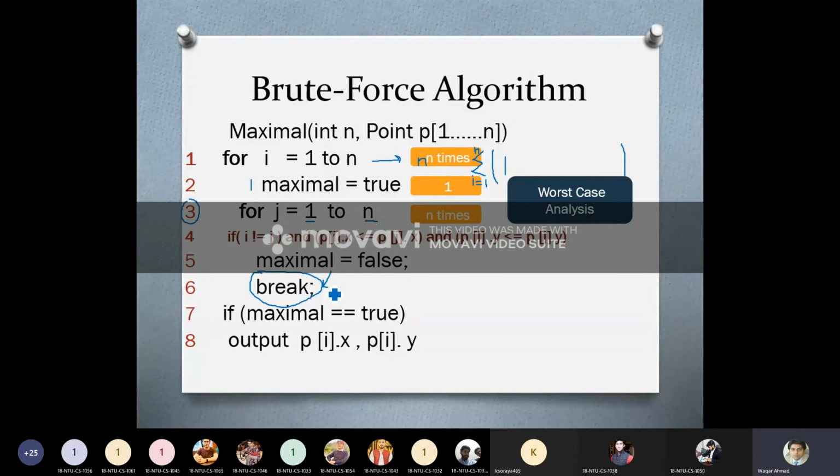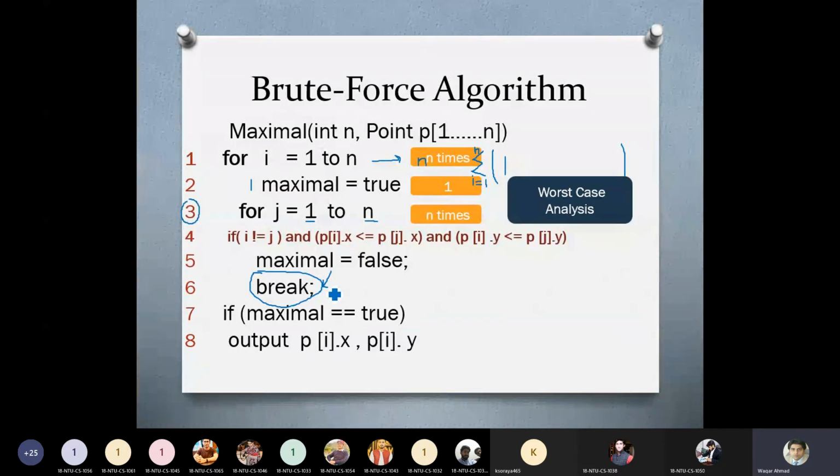This type of analysis is known as worst case analysis. It means that in the worst case, or at the maximum situation, its executions are equal to n.